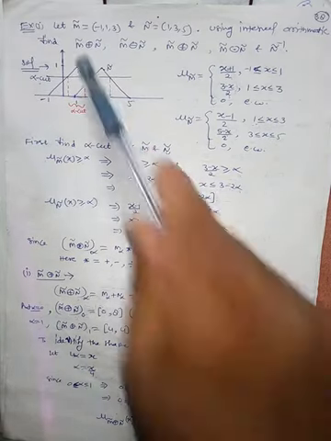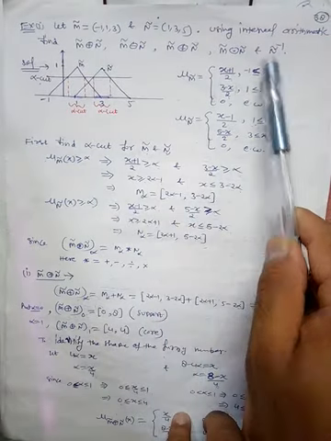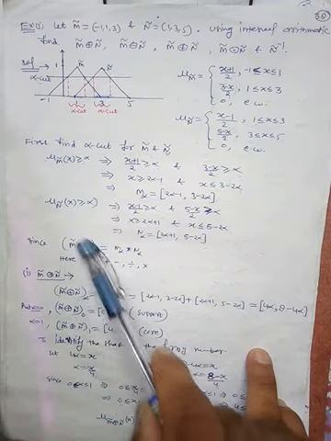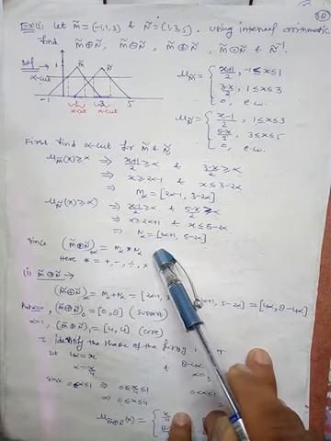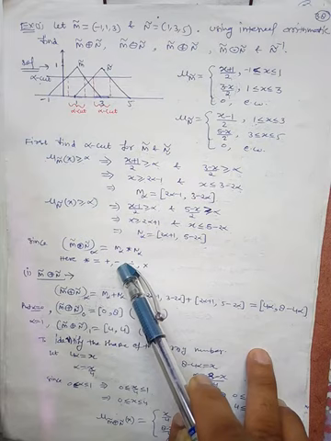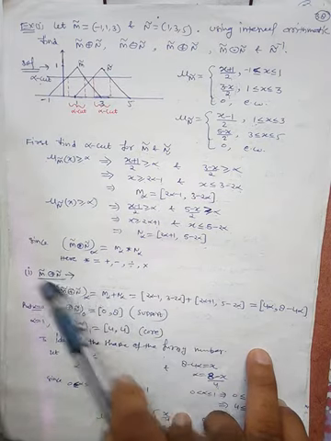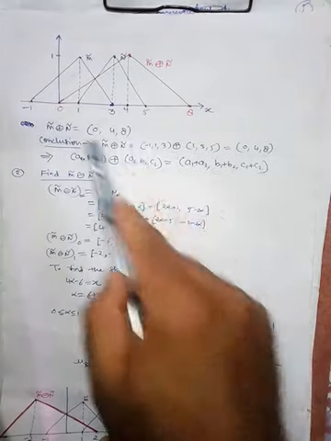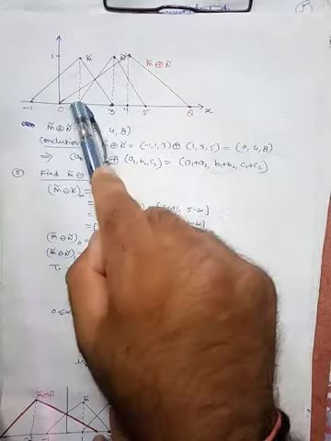Then the aim is to find the sum, difference, division, product and inverse. So here we will apply the extended operations. m star n at alpha cut is nothing but m alpha star n alpha, where star may be plus, minus, division and product. We have already applied this technique for addition, and after this we will get this result. When we have plotted this, we will get this red membership function.